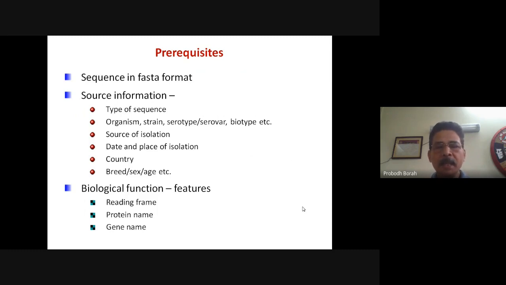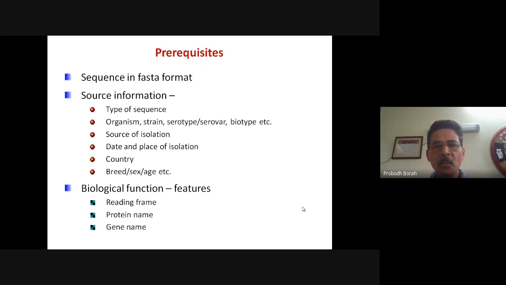After obtaining the sequences for both the forward and reverse primers, you have edited them and obtained a consensus sequence. Now you know what the source of the particular sequence information is, what the source of the sample was from which the sequence was obtained, and other information pertaining to the sequence like the organism,